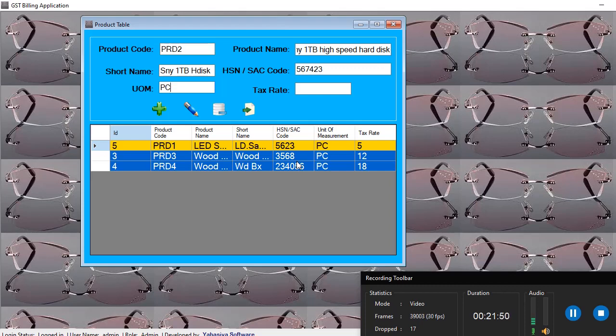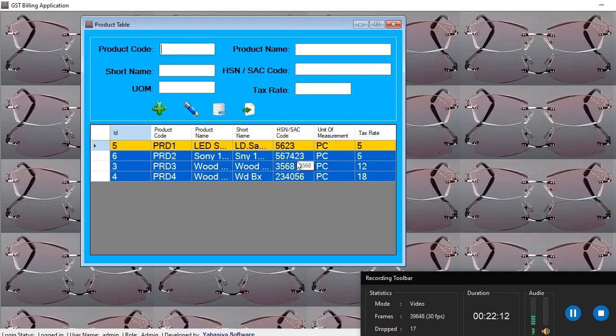If you want to enter it as number, you enter NB or something like that. Otherwise it will affect the printing. So you keep your unit of measurement very small and short. Then tax rate, we can apply 5% for this. Then you add the product. Now the product is added.